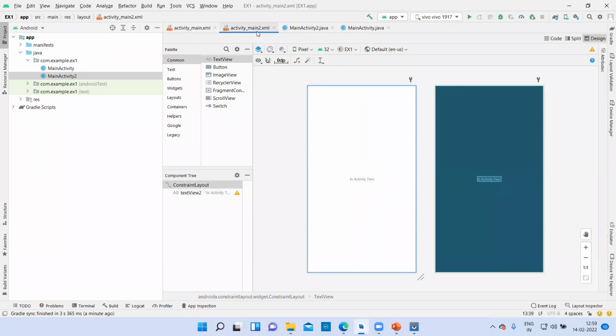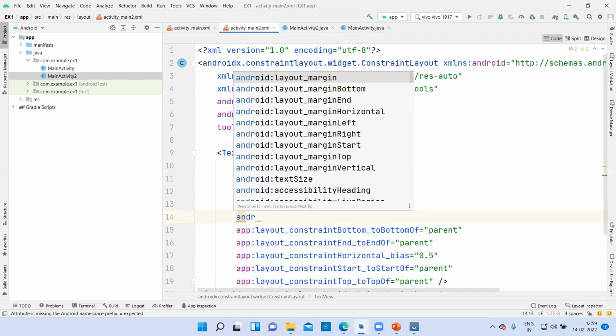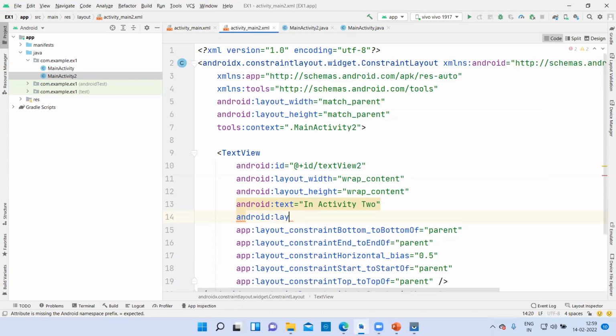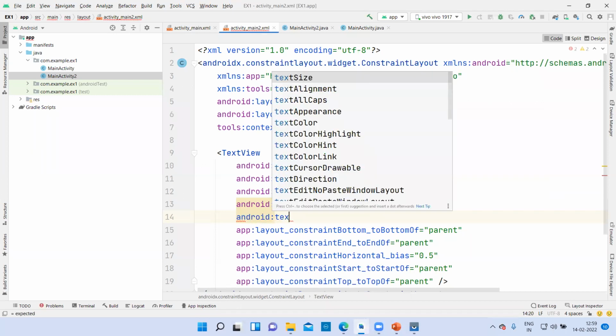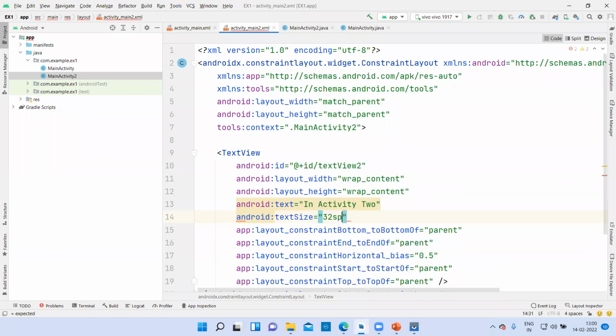So we can enlarge its size so that you should be able to see it. Let me enlarge it. For that, the property is text size. We will write android:textSize equal to 32sp.